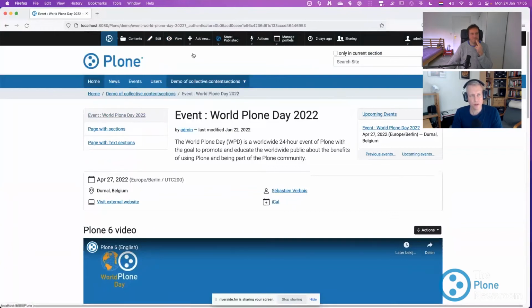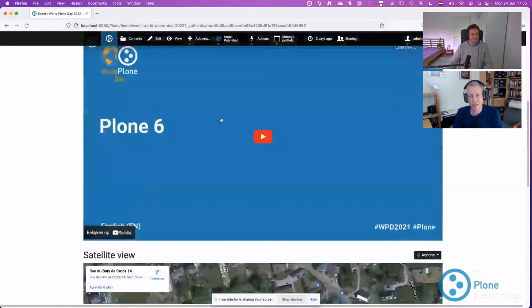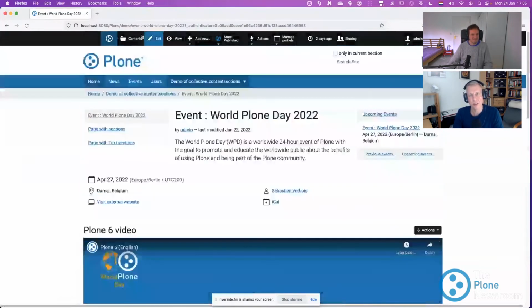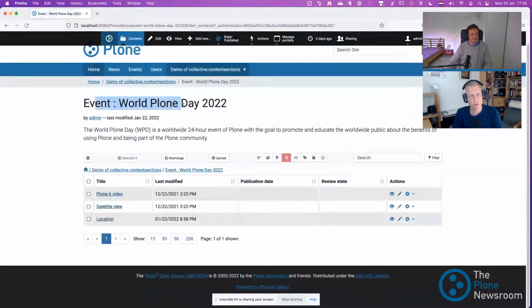now done, using, you'll never believe it, collective.exportimport. So there's a 40 megabyte JSON, just import it and you'll have a complete demo. So this is the demo, and the interesting thing here is that you can see this is a demo for World Plone Day, and collective.contentsections goes back to the whole